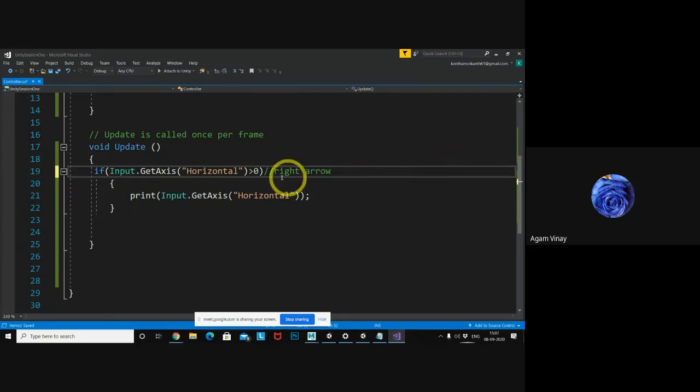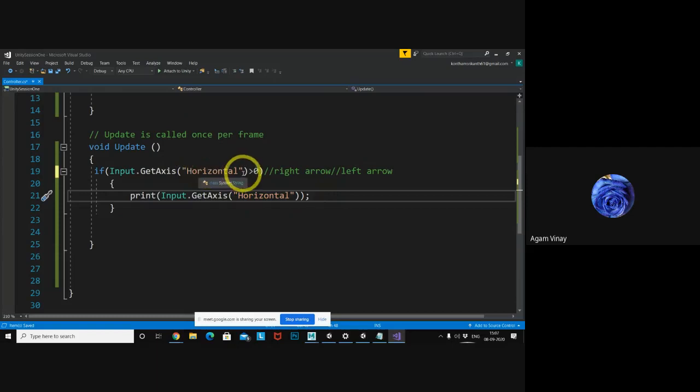Same, horizontal less than 0 means left arrow values. Whenever you hit the left arrow, the condition will be true and it will enter into this one. As of now I wrote only greater than 0, so only the right arrow will execute.